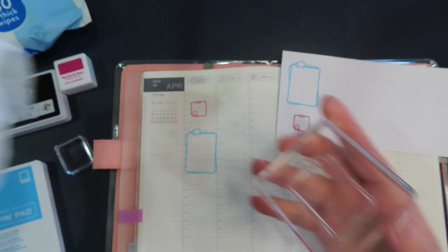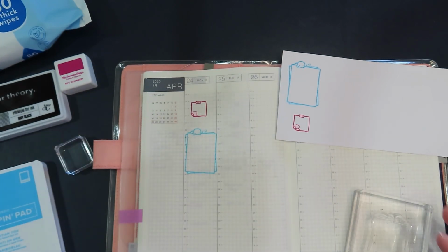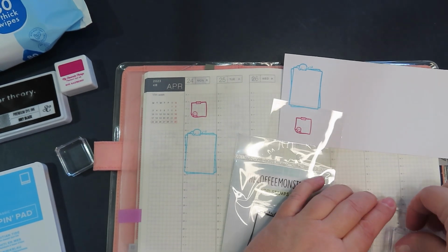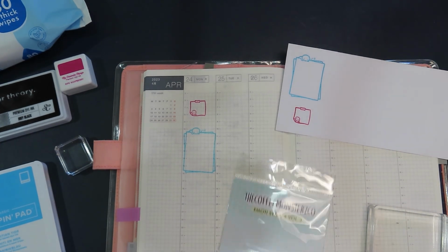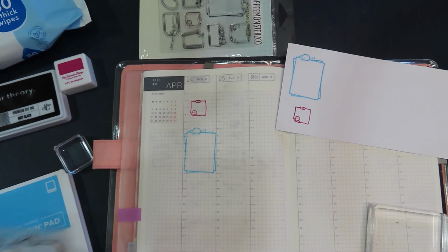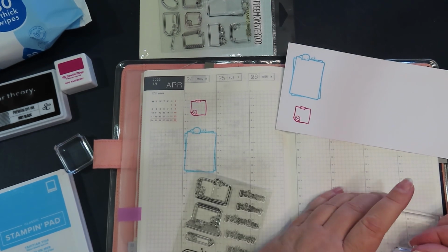Okay, right, so just to wipe over the top, take any residue ink off, and then back onto its backing. Okay, first impressions is I am very impressed with the quality of these stamps. Okay, let's pick one more off each one. We were going to do the TV, weren't we? And then I will stamp the rest off camera and then just show you how they...